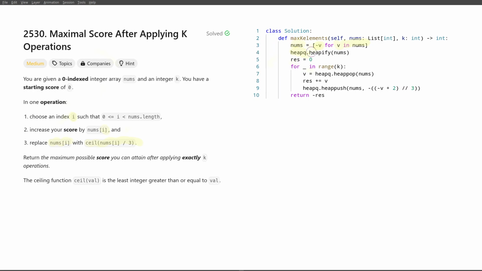So we'll be keeping it as a heap, so we'll heapify it at the beginning. And now k times we take the biggest element, so its negation is the smallest element, so v is the negated biggest element. We add it to the result. At the end we'll just return the result with the negative sign in front of it. So we'll be accumulating negative values, and at the end we'll negate them. And we have to now push the appropriate value back onto the priority queue, the ceiling of the value divided